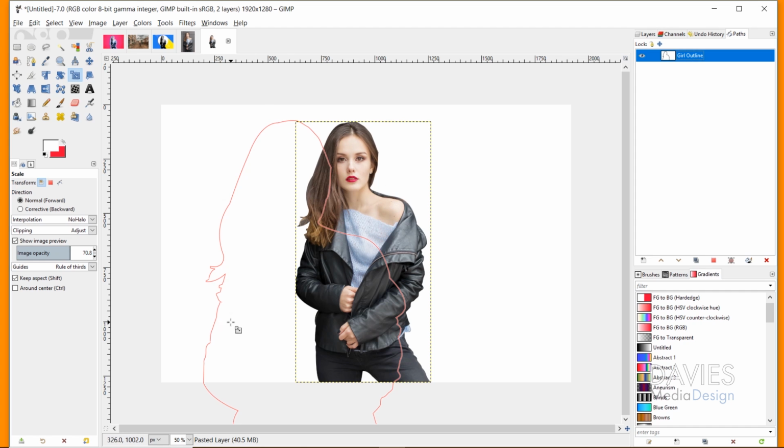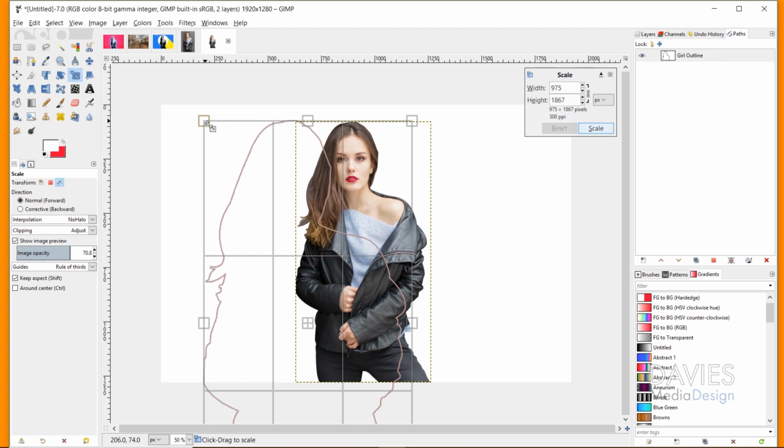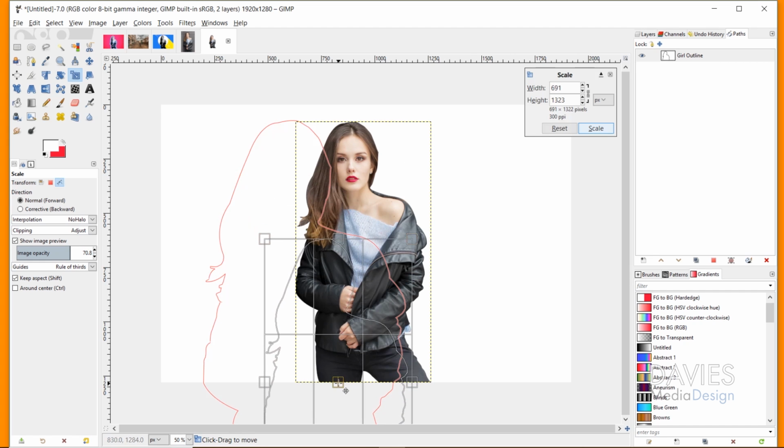The good news is that you can use transform tools on a path. So right now, the scale tool is a transform tool. You'll see over here there's an option under transform, and right now it's set to active layer, which means we would be scaling the active layer, which is the photo of the girl here. But I want to change this to scale just the path, so I'll come over here and change this to path, and now I can click on this path and scale this down,